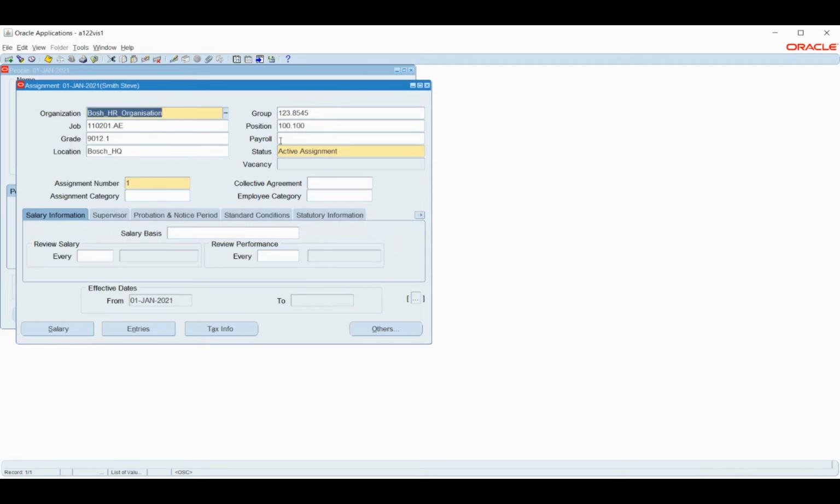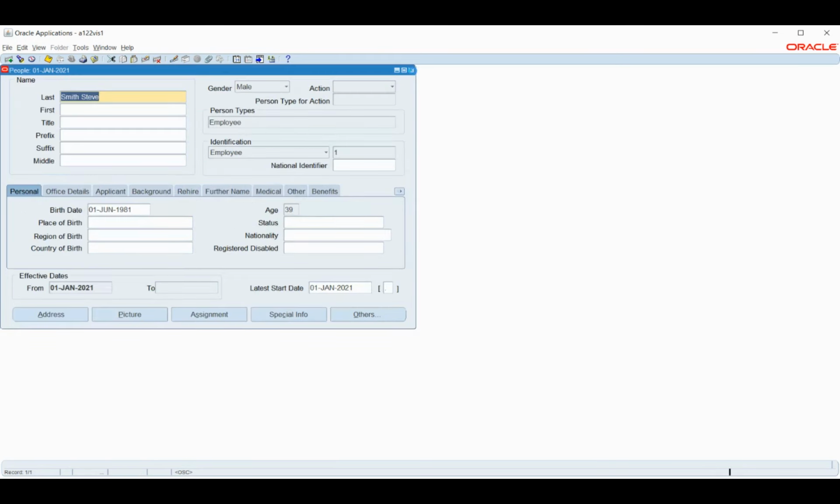Now we will have to attach the payroll. Once we have attached the payroll, that is when the system will understand what components it should pick, or probably the payment method, what list of payment methods it can override, or what it can default. So that's about it. This is about the employee assignment, this is what we have given. Now we will start with our configuration.